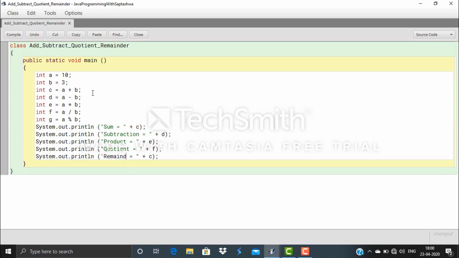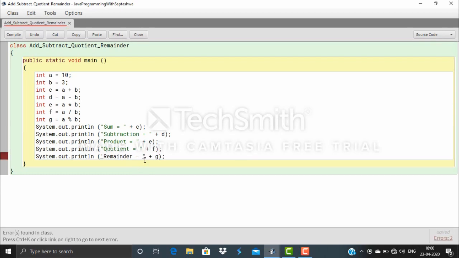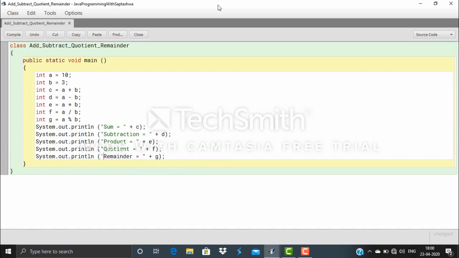Remainder I have stored in variable g. Now I will just compile.